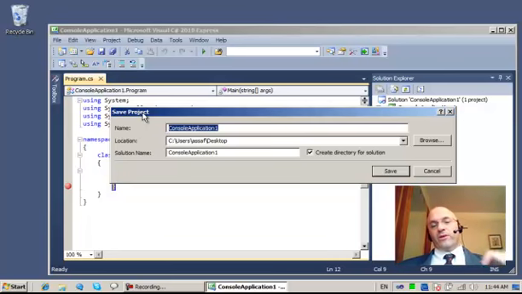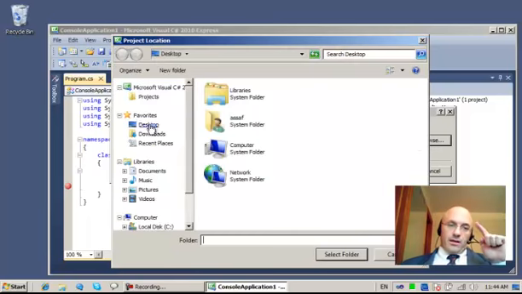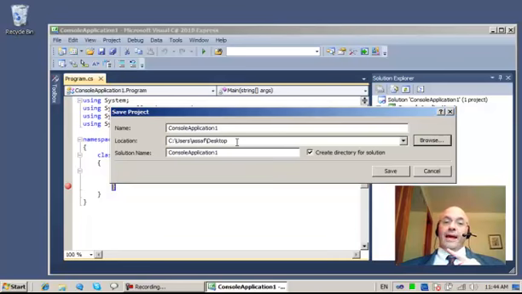By default, on my computer, the location is on my desktop. If it's not on your computer, then you might use Browse, click the desktop, select a folder, and that should be your desktop. I'm going to hit Save now. When I hit save,